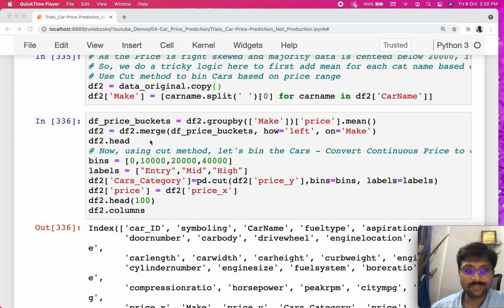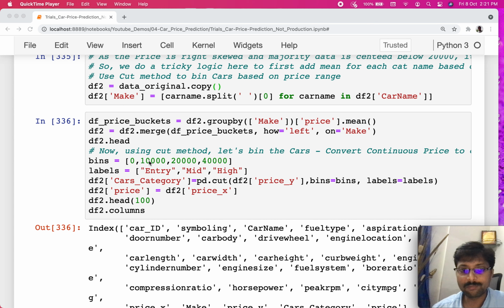So now that the join is done, what we are going to do in the next step is create bins or categories of the car category value, right? What this is going to do is first come up with an array of numbers into which we want to bin these values. When I say bin, think of it as a category so that we can plot it later. So we want to have three different bins here: 0 to 10,000, 10,000 to 20,000, and 20,000 to 40,000.